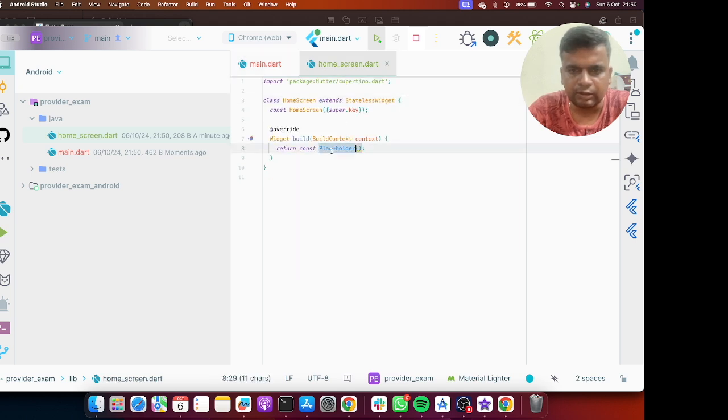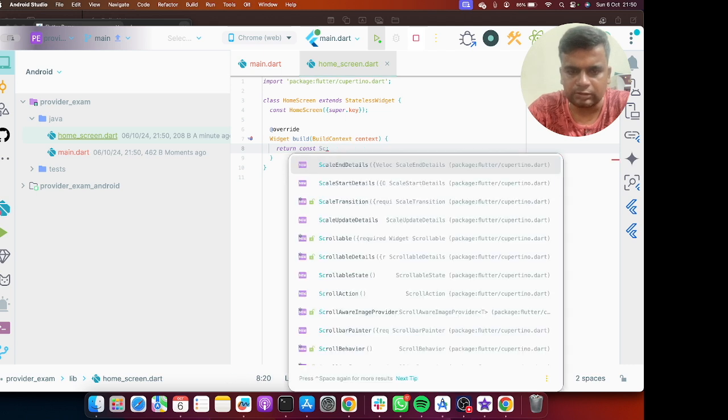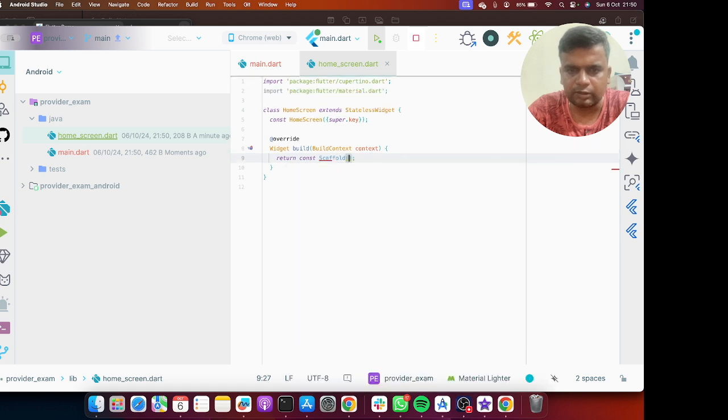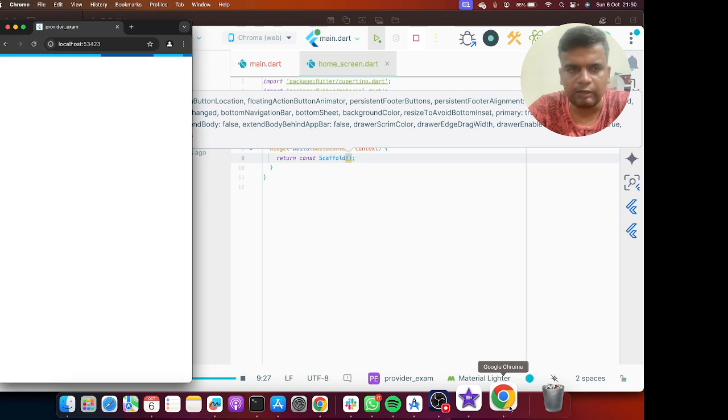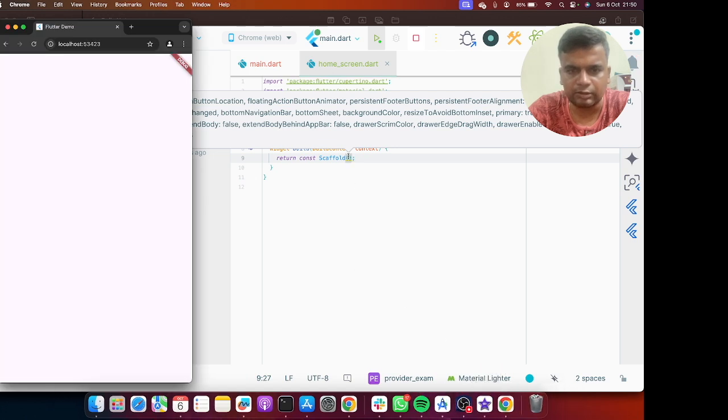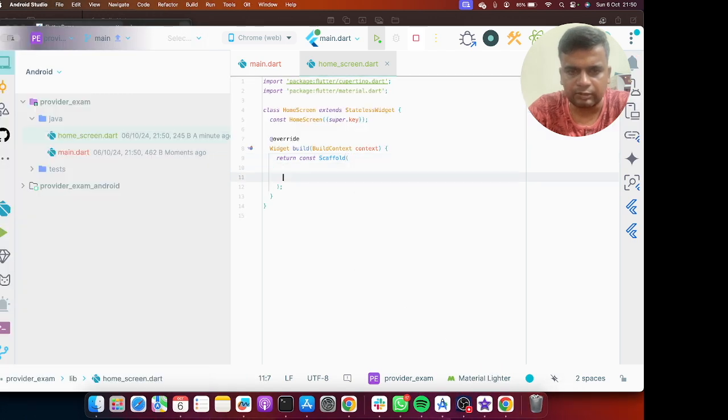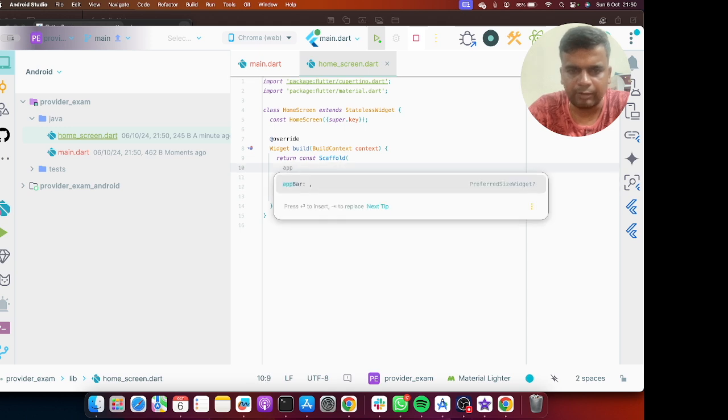Here I will create one scaffold and after that I will create one app bar.